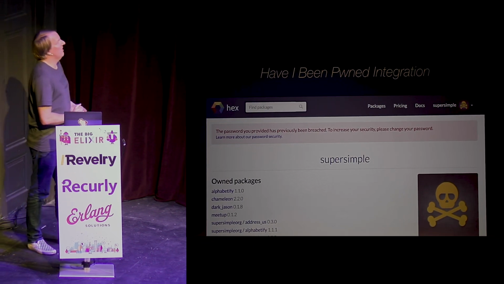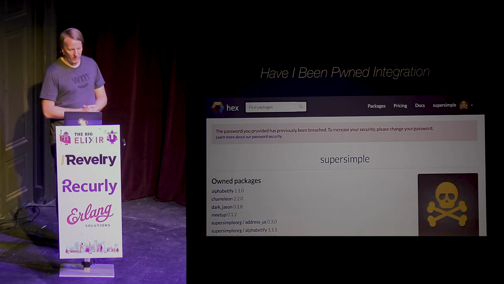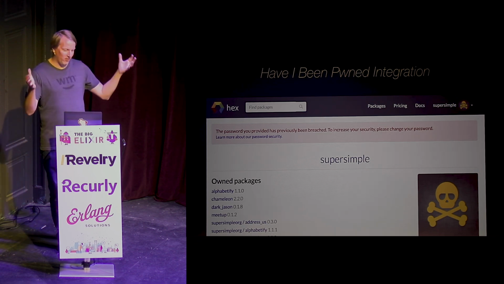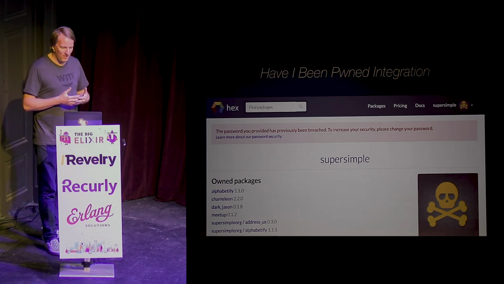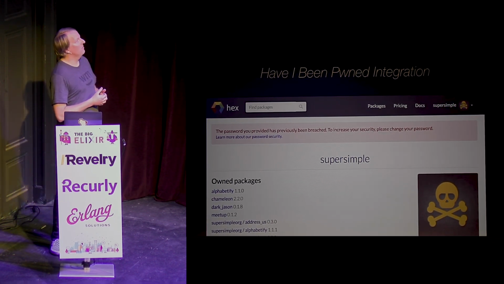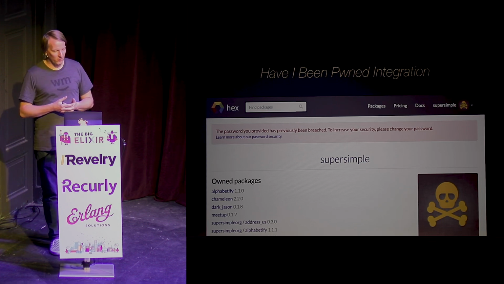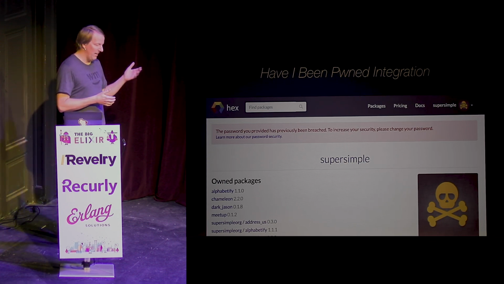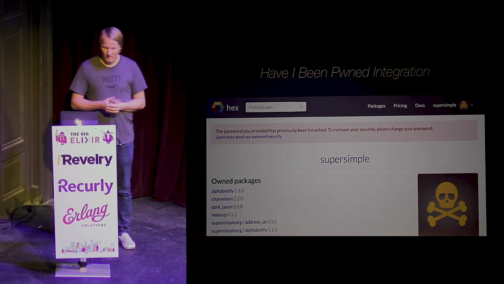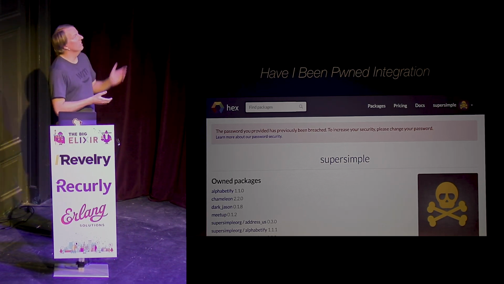Another thing we worked on is this integration with Have I Been Pwned? There is a service out there that aggregates all of the data breaches that happen and keeps track of those. If you log into the HexPM website right now, and your password is one that has been identified as having been breached at some point in the past, you're going to see a warning like this.